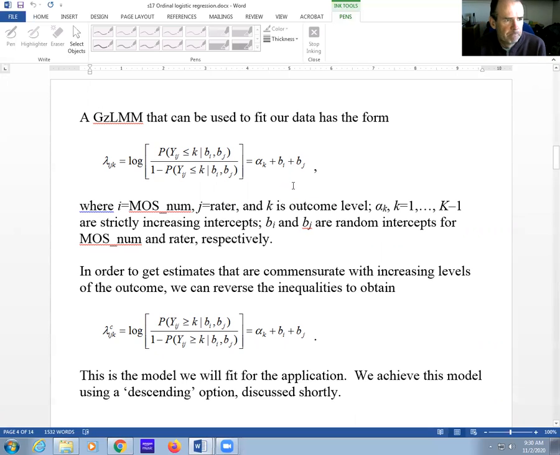And you can see how it's expressed here. So like if we had the regular logit link,